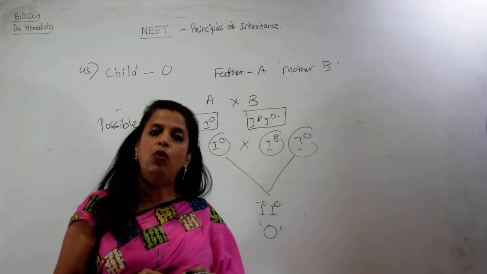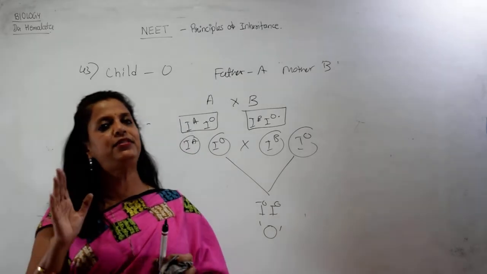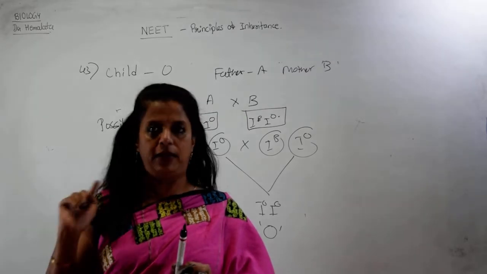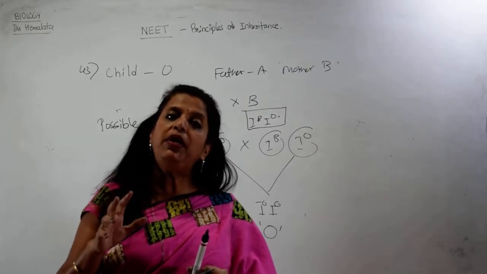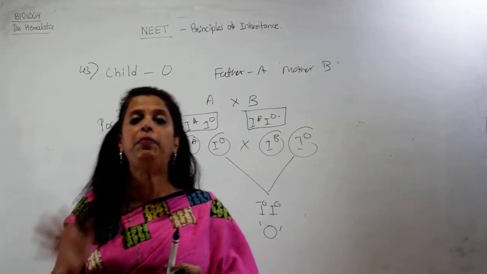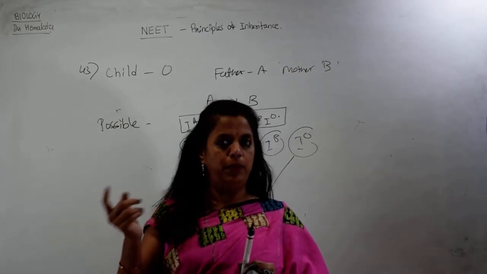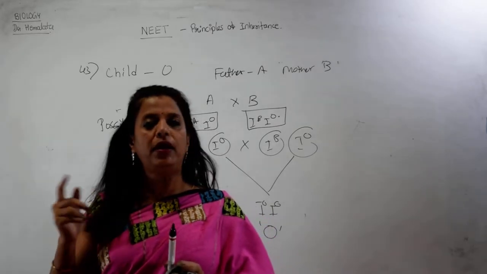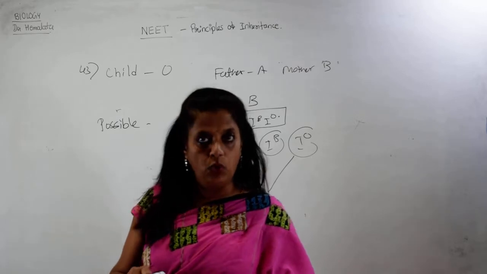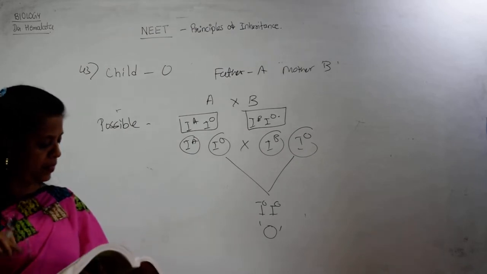Because they are producing an O blood group baby, that means it will be produced only when there is homozygous recessive condition, and it will receive one allele from the father, one from the mother. If one parent is O blood group also it will not work, but they have already given that the parents are with A and B blood group. That means they should be heterozygous for their blood group A and B. Therefore IA, IB, IA, IO, IB, IO. Therefore the IO, IO combine to form O blood group. So this is how we have to guess the blood groups. Okay? Now,